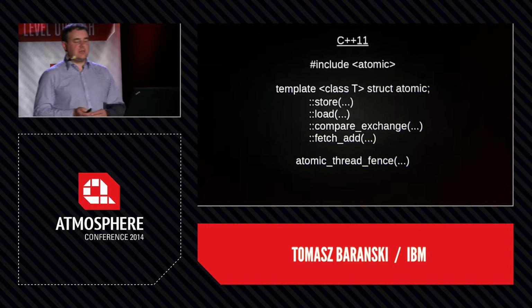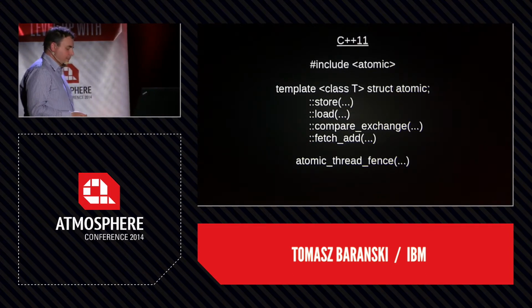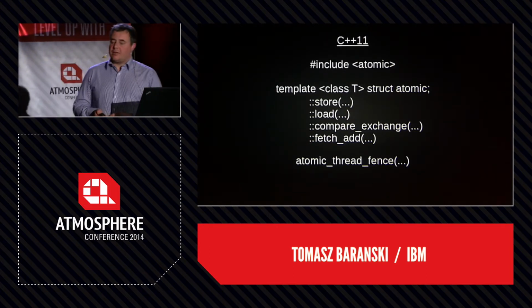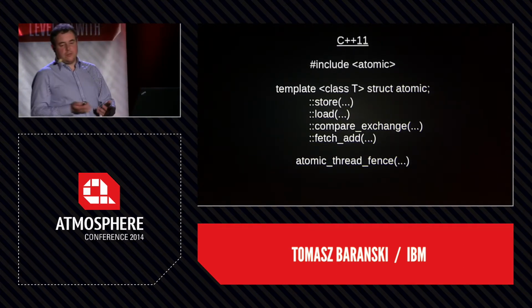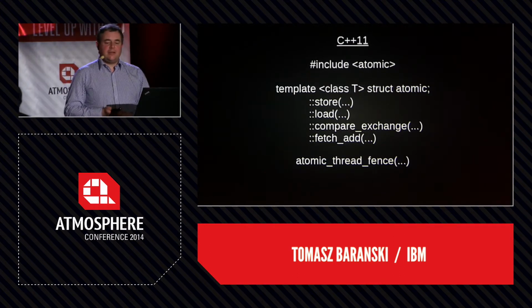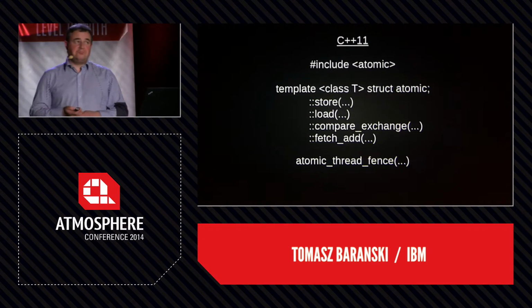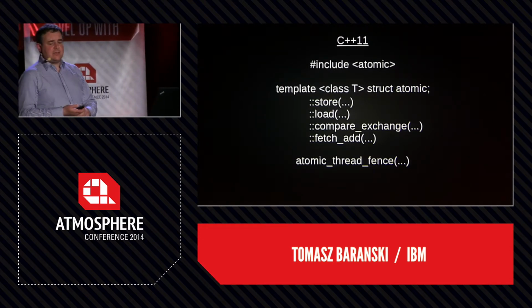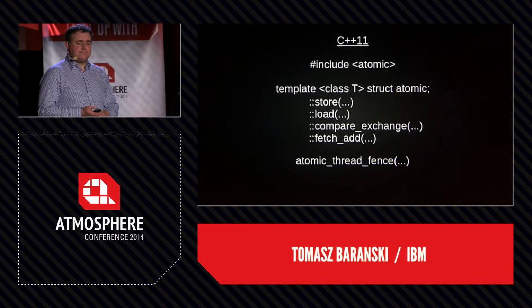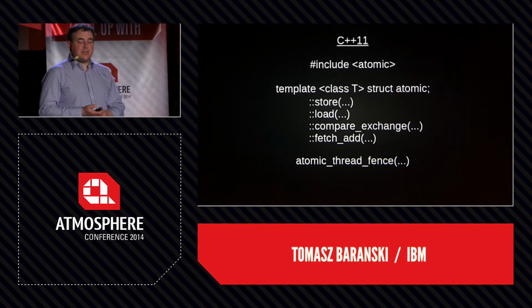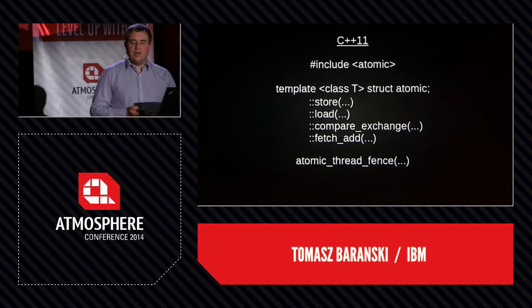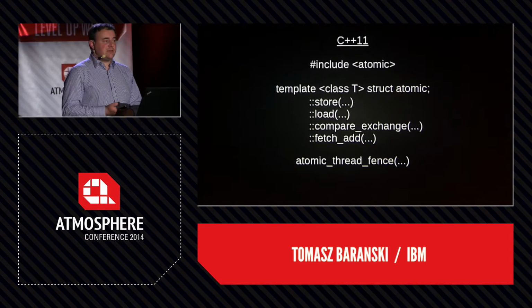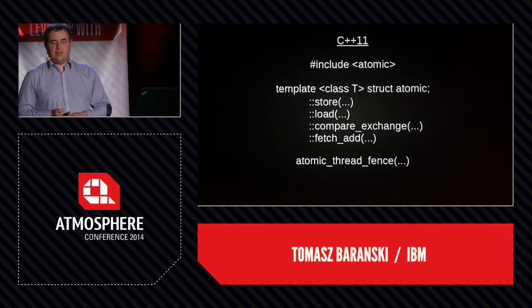C++ standard 11, or 2011, has an include for atomic, in the std namespace, and it defines an atomic template. An atomic template can hold pretty much anything: simple data structures like ints, characters, longs, doubles, etc. It can hold references to objects, it can hold pointers, so anything you need.